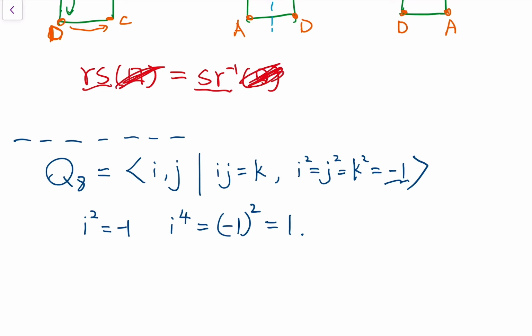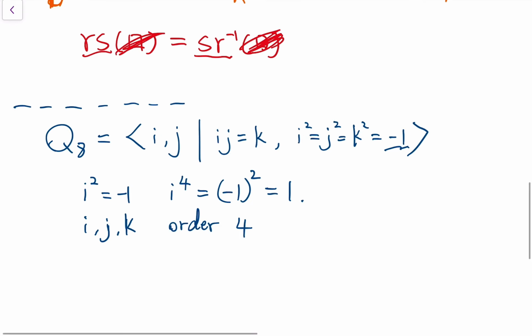So the elements i, j, and k all have order 4 in this group, and this group is called the Quaternion group because it is related to the Quaternion